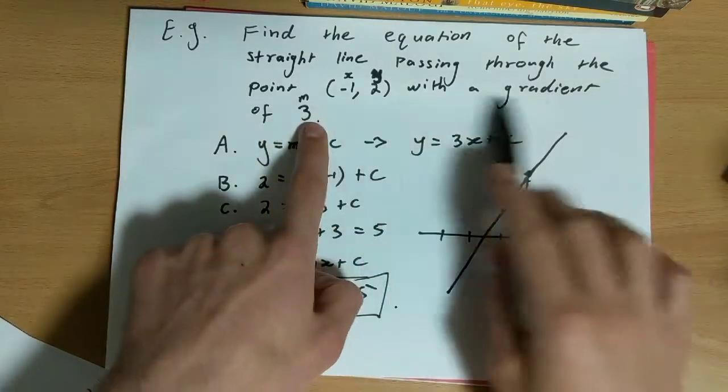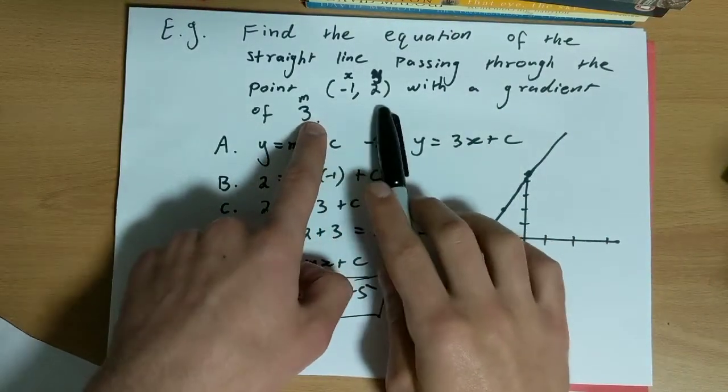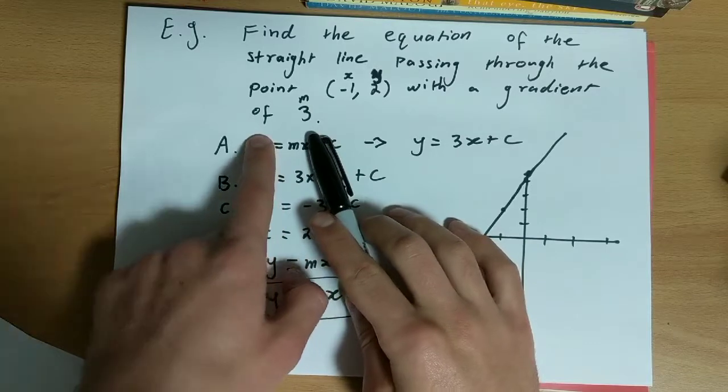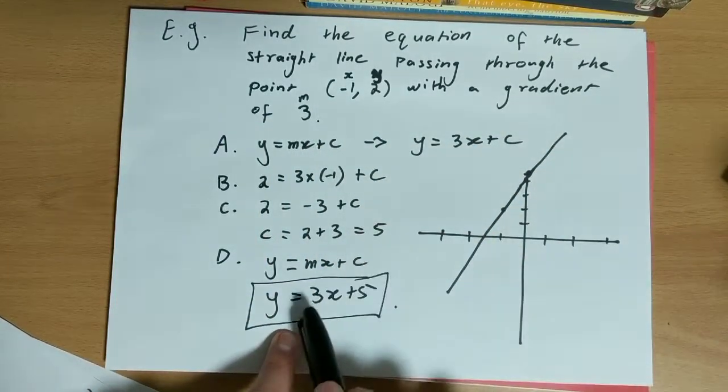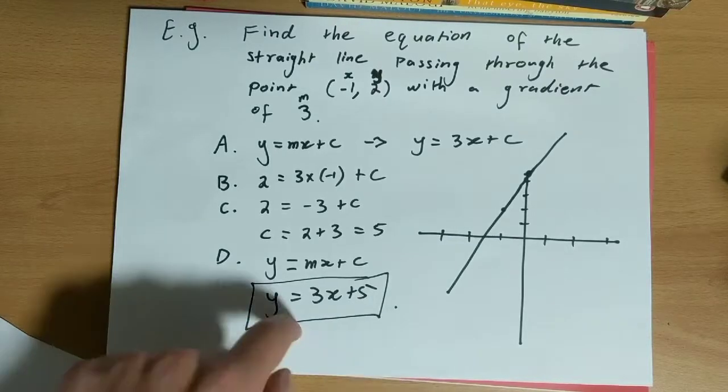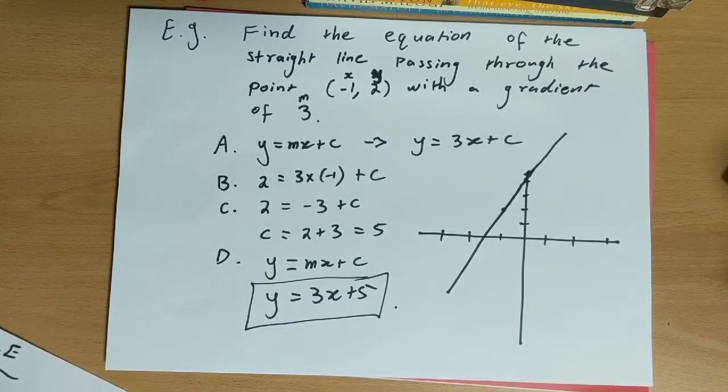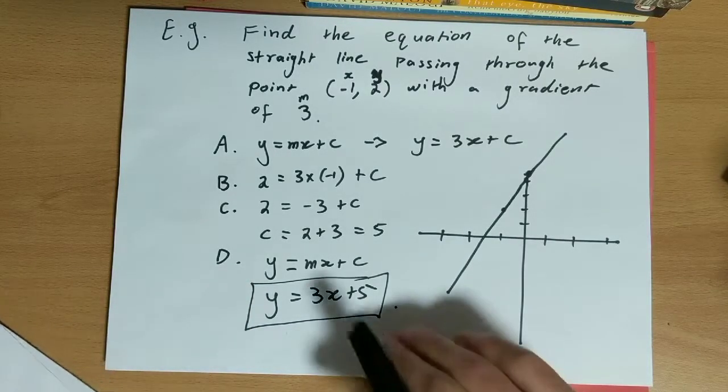We found the equation of the straight line passing through the point -1, 2 with a gradient of 3. This was the line that we found, and following these steps we found that the equation was y equals 3x plus 5. In this video now I would like to do the last